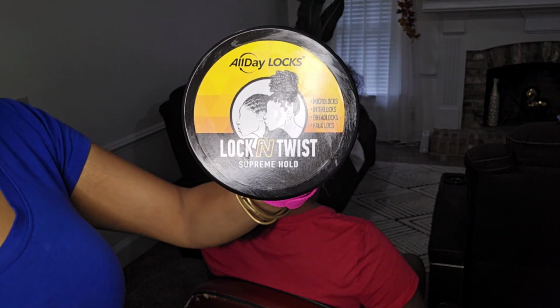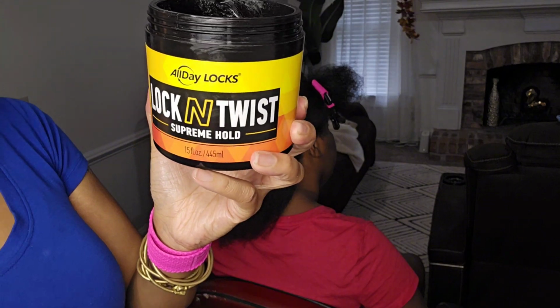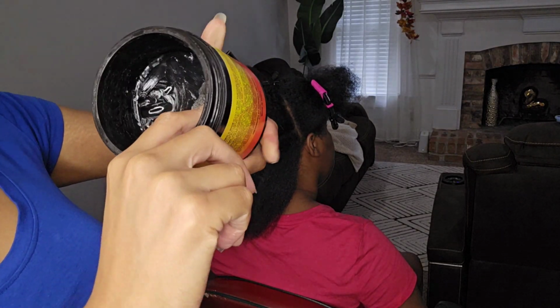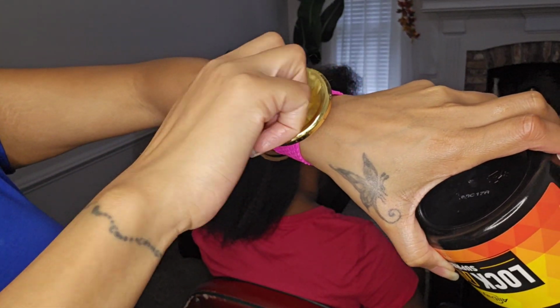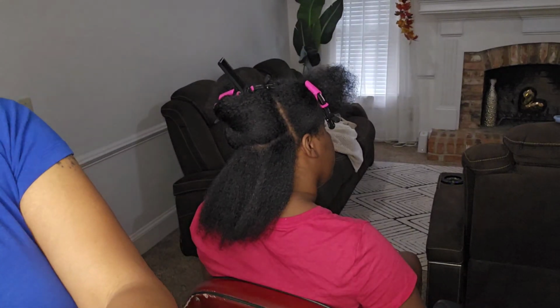All right, I had already done a review of the AllDay Lock and Twist Supremo gel, but I accidentally deleted it, so I'm doing it again. And plus, I had got some comments where I had left some responses to people and their experience. So usually I do from the shelf in the store to the scalp, but I skipped that part because I